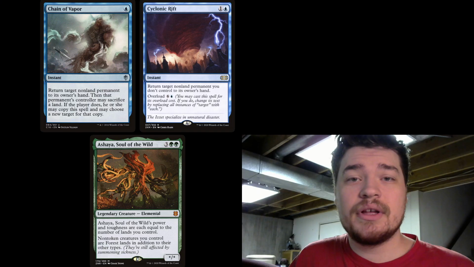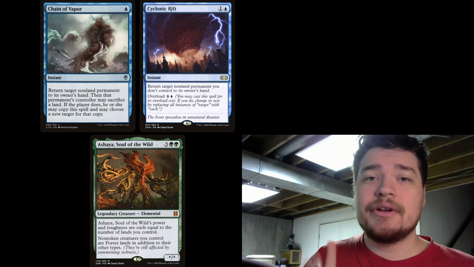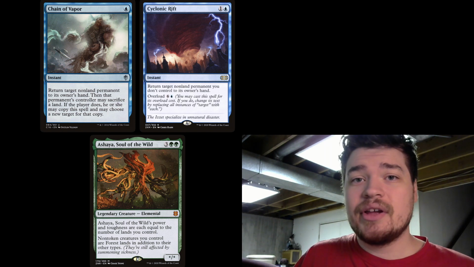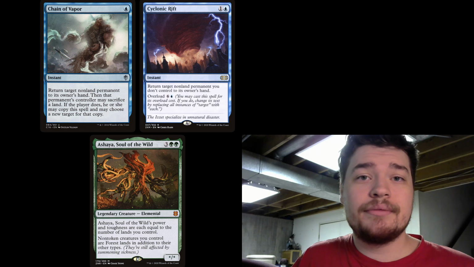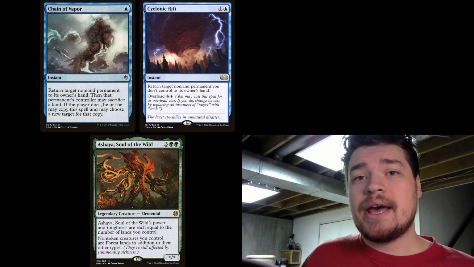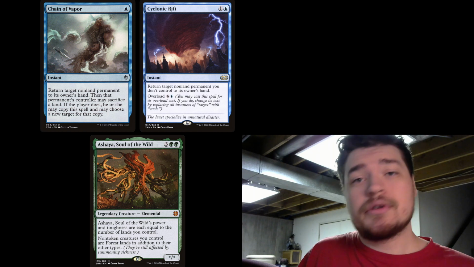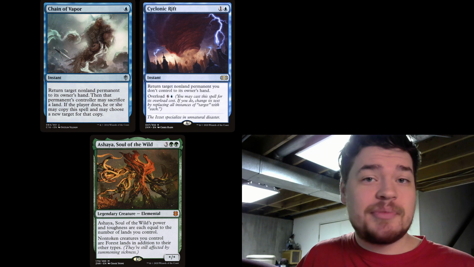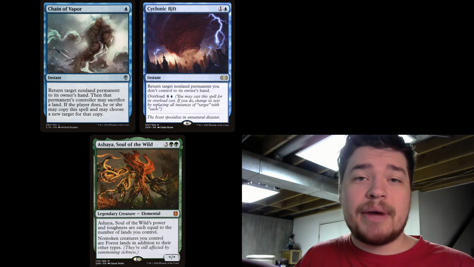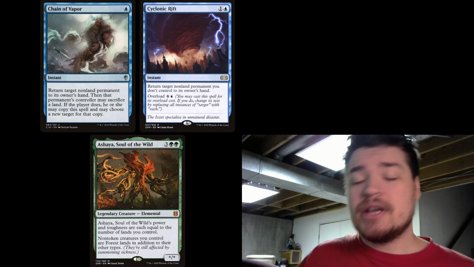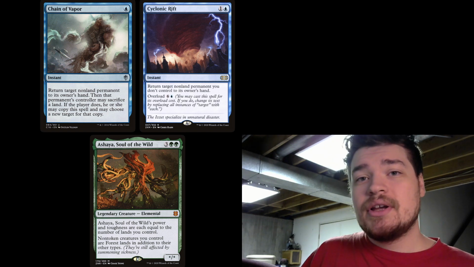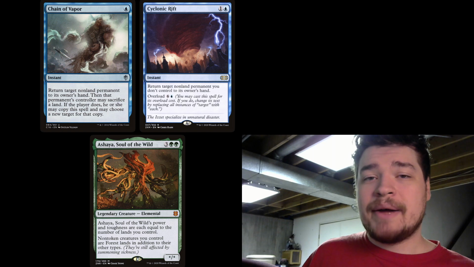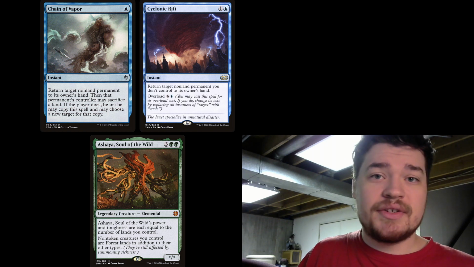With that, let's get into the actual top 5 card interactions that players get wrong in games of cEDH. With number 5, we have Chain of Vapor or Cyclonic Rift effects, and their interactions with Ashaya, Soul of the Wild. Now, Ashaya, Soul of the Wild edits the card types for all of your creatures, making them lands as well. And Chain of Vapor and Cyclonic Rift both specify that they have to bounce nonland permanents. Because Ashaya changes the types, Chain of Vapor and Cyclonic Rift cannot bounce creatures from a player with an Ashaya, Soul of the Wild.